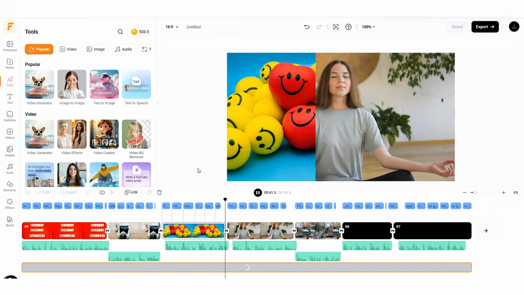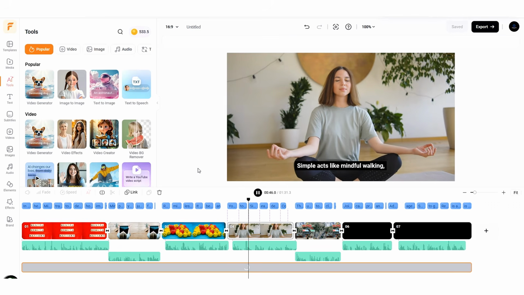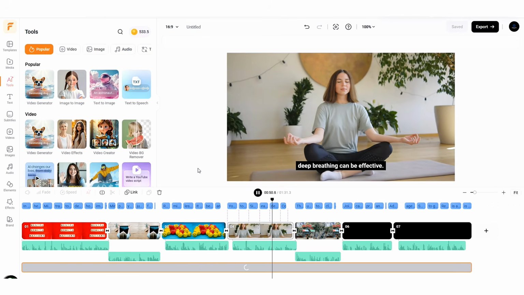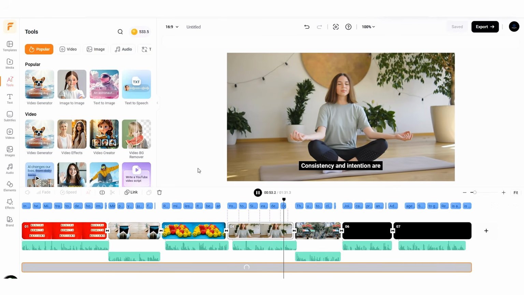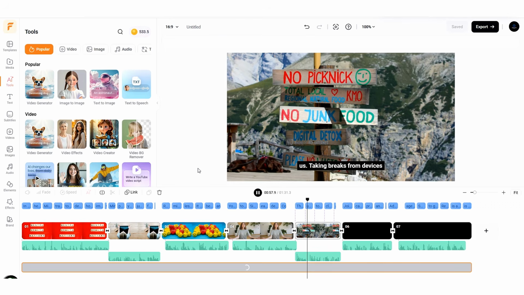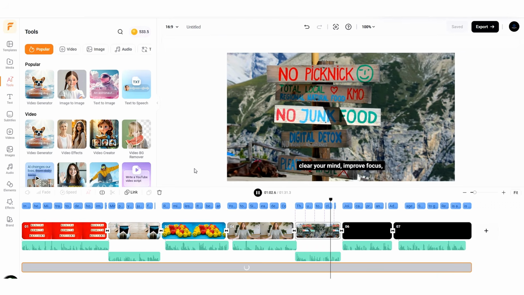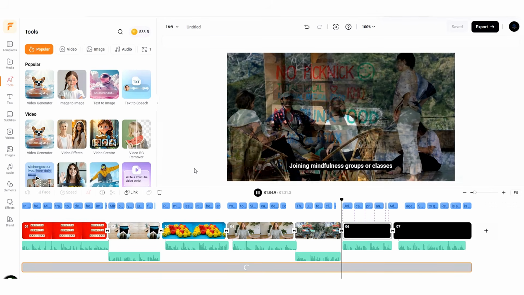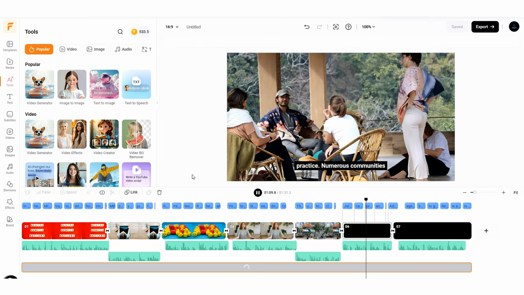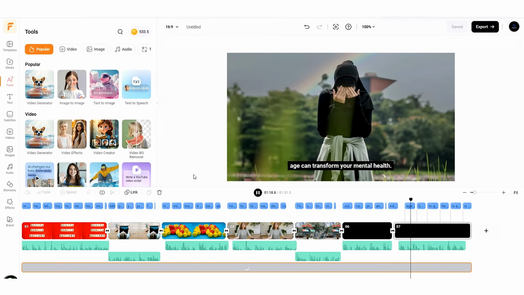You don't need extensive meditation to practice mindfulness daily. Simple acts like mindful walking, eating without distractions, or deep breathing can be effective. Consistency and intention are key. The digital world often overloads us. Taking breaks from devices to practice mindfulness can help clear your mind, improve focus, and boost productivity. Joining mindfulness groups or classes can offer support and enrich your practice. Numerous communities and online resources are available to